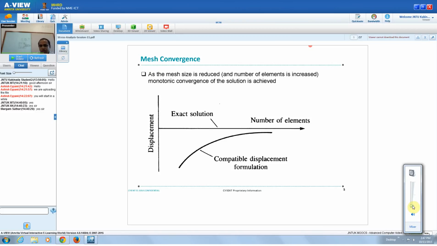So now comes the topic related to mesh convergence. In convergence, as the mesh size is reduced or the number of elements increased, the result will get converged. Let us start with this location. Here we get a bigger variation. This straight line indicates the exact solution, and this curve